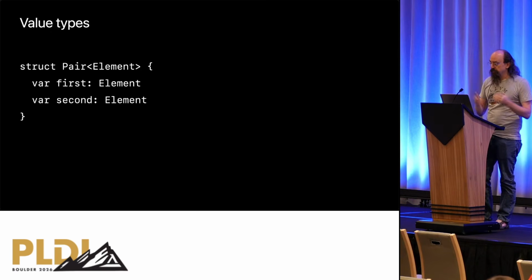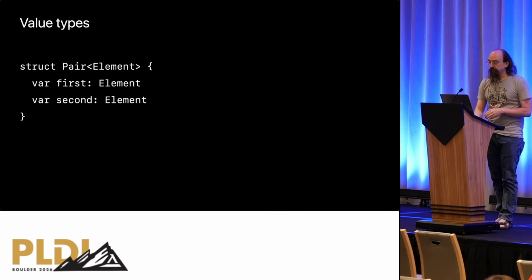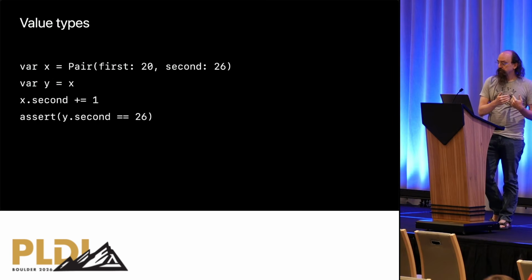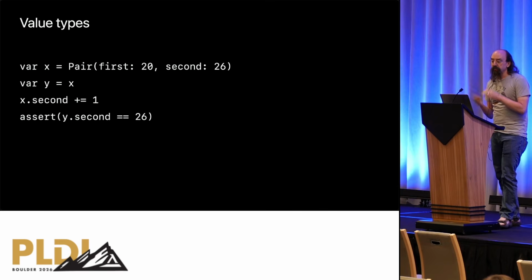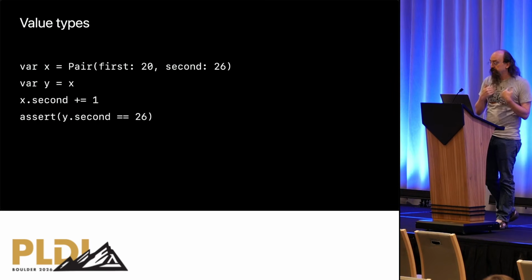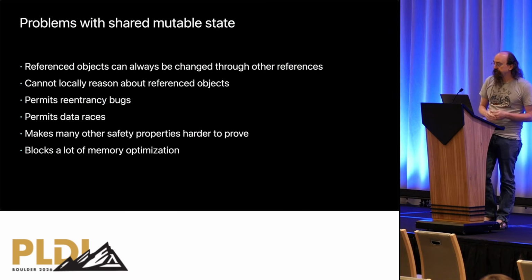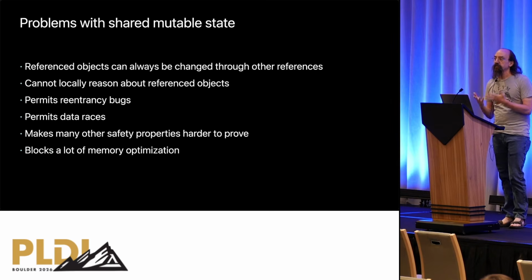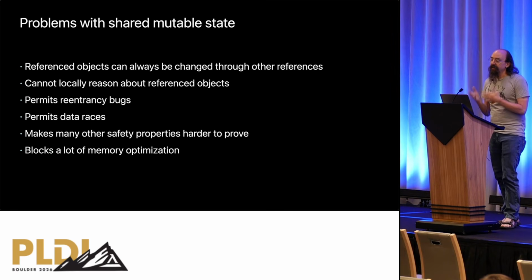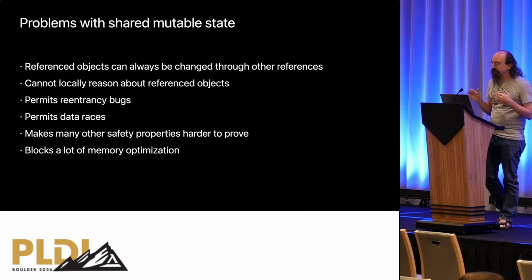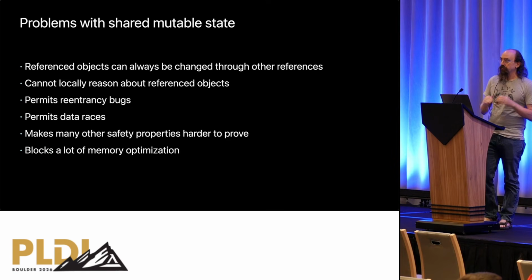Every value of this type is owned by a single context in the language and has independent storage for all of its properties. When I copy the value of a variable into a new variable, like this, I have to copy all of these properties. But in return, I get something that's completely separate from the old variable. Modifying the original variable has no impact on my copy or vice versa. In short, I don't get any of the problems of shared mutable state. Now, those problems are very well studied in PL circles, so I'm not going to belabor that in this context. But suffice it to say that allowing multiple references to mutable memory makes a lot of things harder or worse in the language.